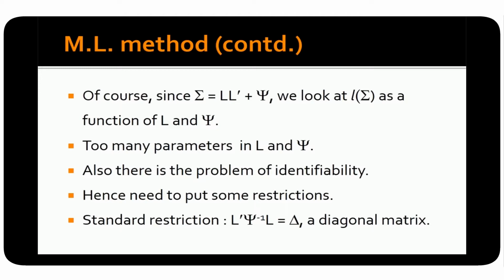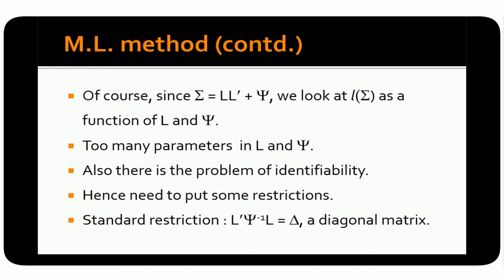Okay? And to do that, remember that we are not going to look at sigma as such. We are going to look at sigma equal to LL prime plus psi. So the original parameters would be the elements of L and the diagonal elements of psi. And since there are too many parameters here, we need to put some additional uniqueness condition. One of the very popular conditions that's very often imposed is L prime psi inverse L is equal to delta,